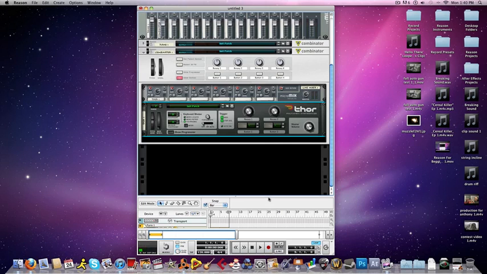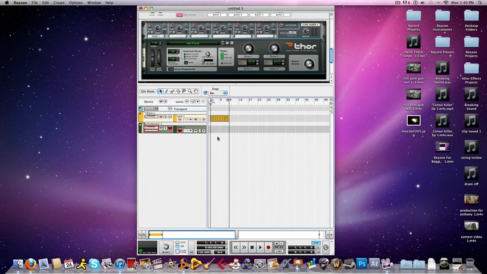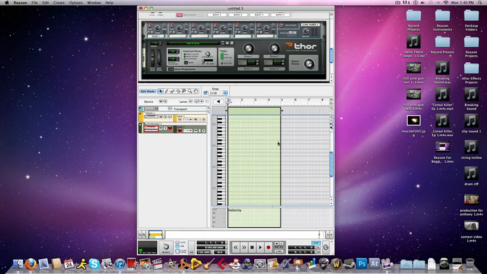So hide the programmer, bring the sequencer back up a bit, and draw in a 4-bar line by pressing either the pencil tool or pressing W on the keyboard. Now go back to your selector by pressing Q or clicking the selector tool and double click this space you've drawn. You've got a blank 4-bar pattern. Move down to C2,